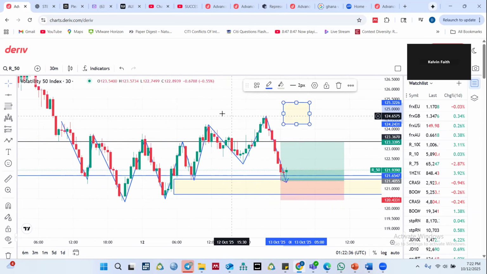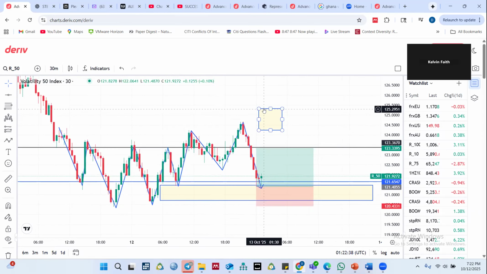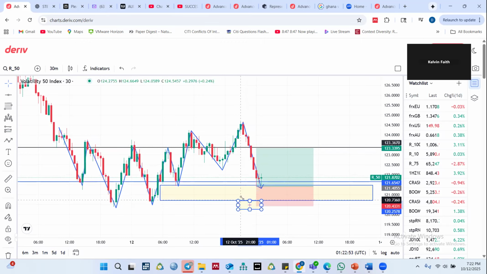And that is why once price was below the black line with a bearish body close, we didn't bother to even be looking for buys. We had to wait for price to do what it wants to do. It has pulled back into discount, deep discount. Now